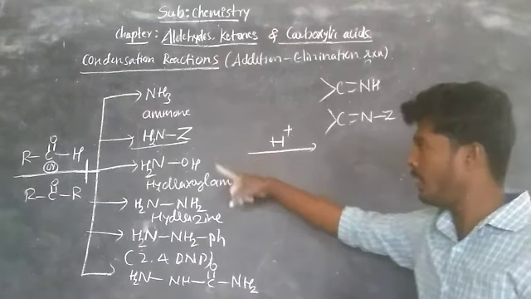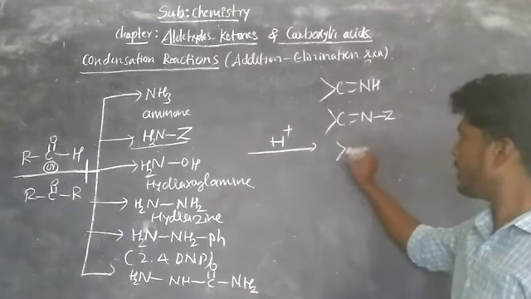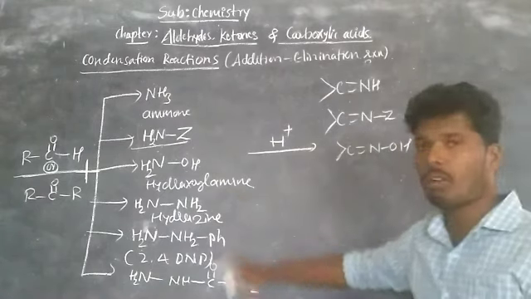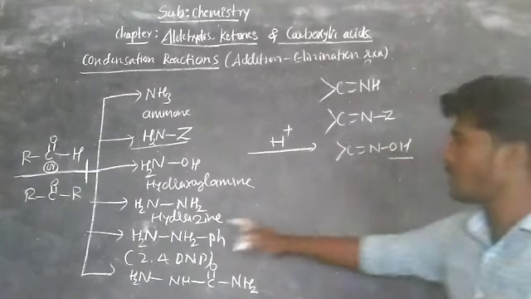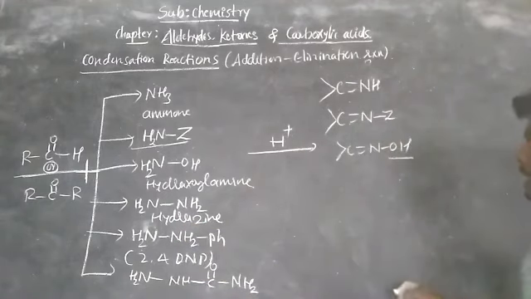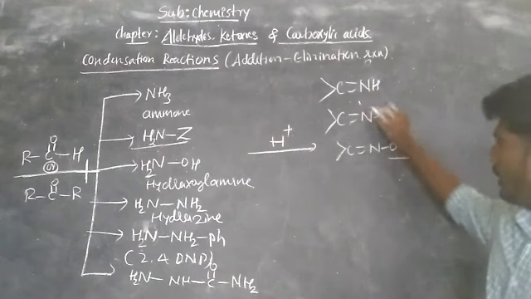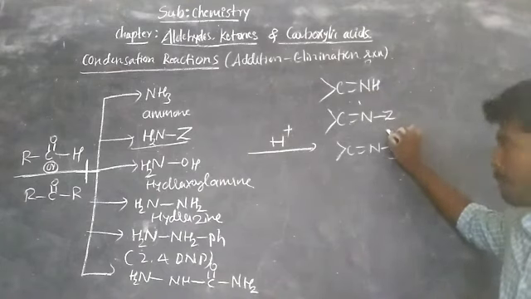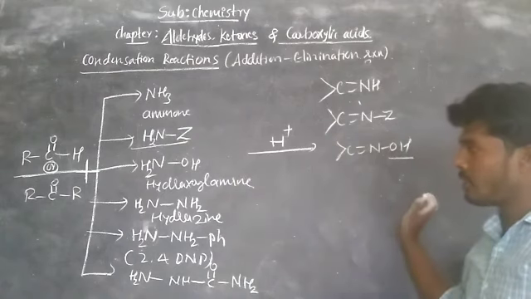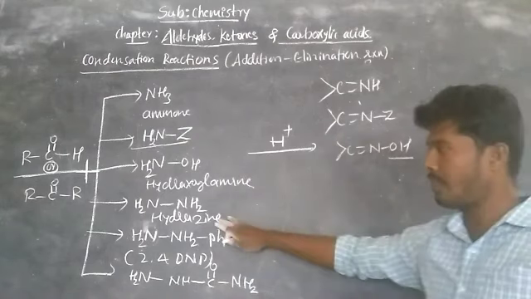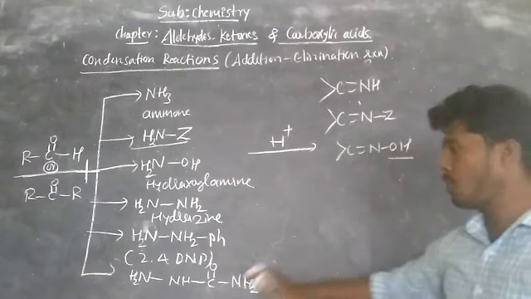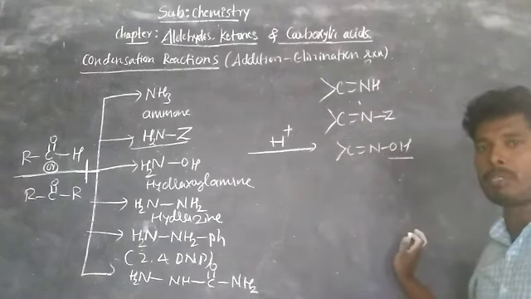In the case of NH2-OH you get C=N-OH. Similarly, for all these groups, in place of OH this whole group, and here this group. Like that you get all the products. Its name is imine, this is also general, and this is called oxime. For this one, hydrazine becomes hydrazone. Phenylhydrazine becomes phenylhydrazone. Semicarbazide becomes semicarbazone, like that.